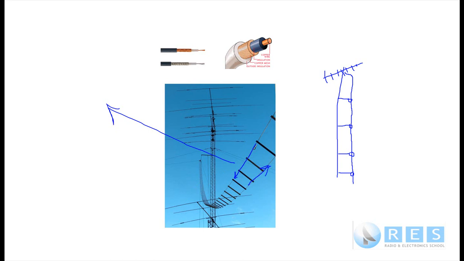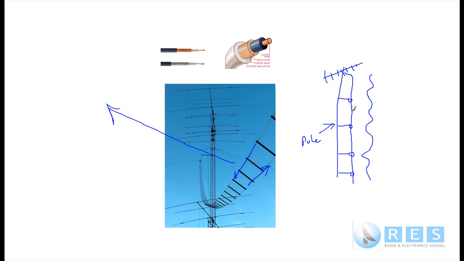So with parallel line you have to be very careful to keep the line balanced, and that means keeping each side of the line with the same worldly experience. If you will recall the old TV transmitters, what they used to do is twist the line about every 6 inches. I've not shown a real good twist there, I'm not a great drawer, but they would actually just twist the line so that about every metre of the line would have about 4 or 5 twists. And the idea there was to expose each side of the line to the metal pole. Here's the pole, and by twisting the cable we would